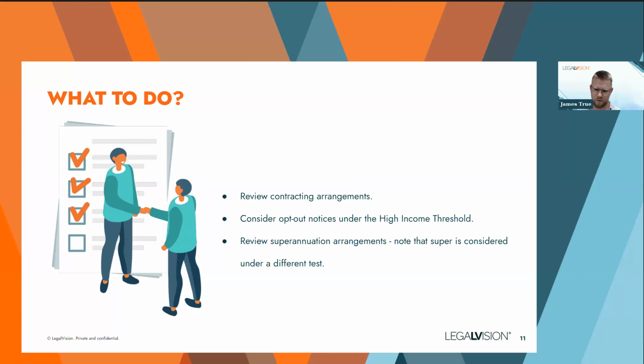There is a regime for opting out of this new definition. Contractors who are earning over $175,000 from the engagement with you are able to opt out. It remains to be seen whether that can be prorated or what will happen with that high income threshold, but at the moment they'd need to be earning that amount under the engagement. But if they do, you can basically go through a process where they opt out of that definition, and that resolves all your liability here.